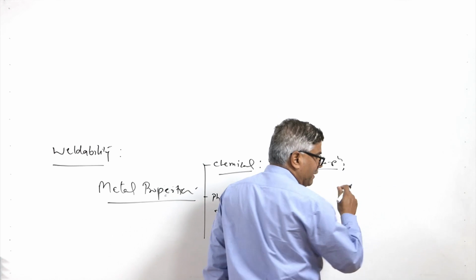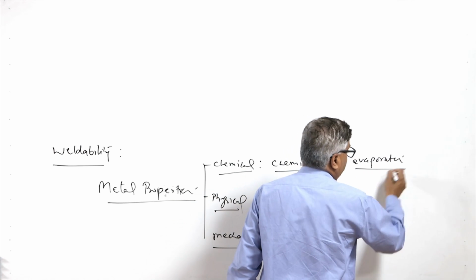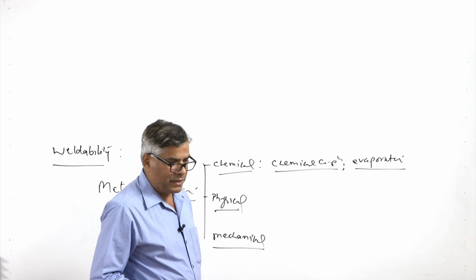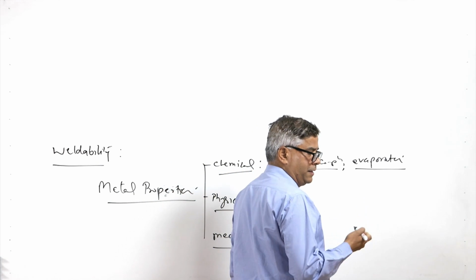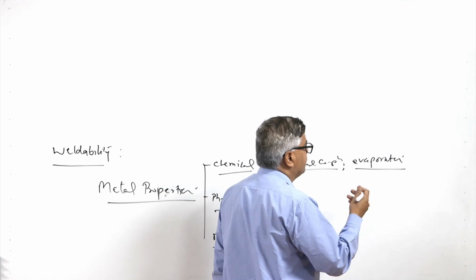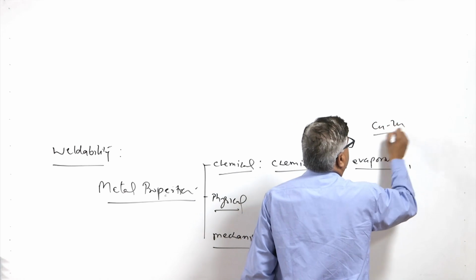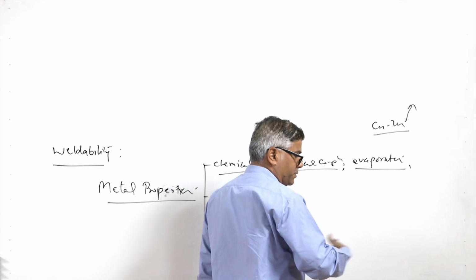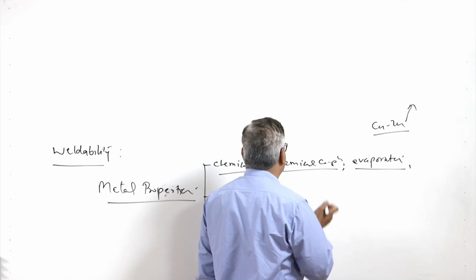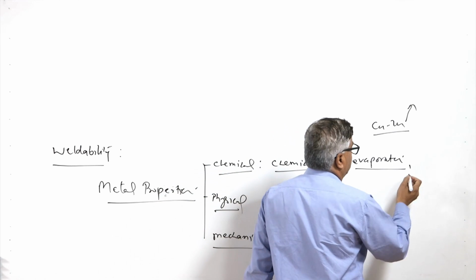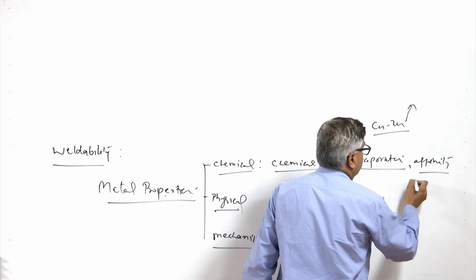Then there is the kind of alloying elements which are present, and their evaporation. In the welding of aluminum zinc magnesium alloys, the zinc tends to evaporate, and similarly magnesium also tends to evaporate. That will lead to a deficiency of these elements, which evaporate during welding. Similarly, in copper zinc alloys during welding, the loss of zinc takes place, which leads to a deficiency of zinc and may have an effect on the structure and properties of the weld joint due to the evaporation.